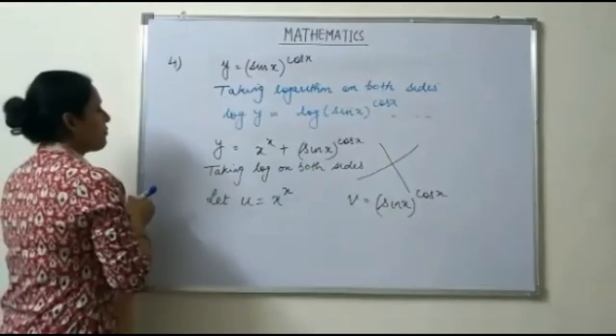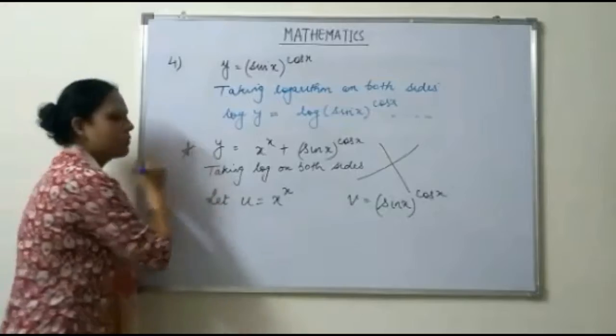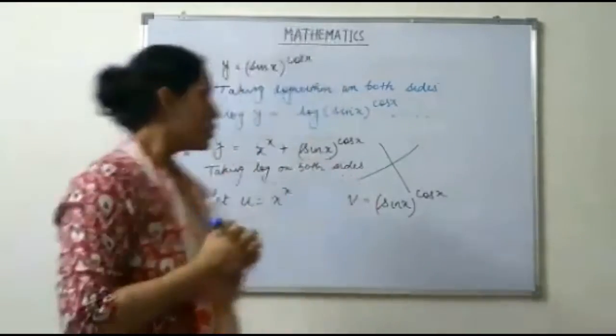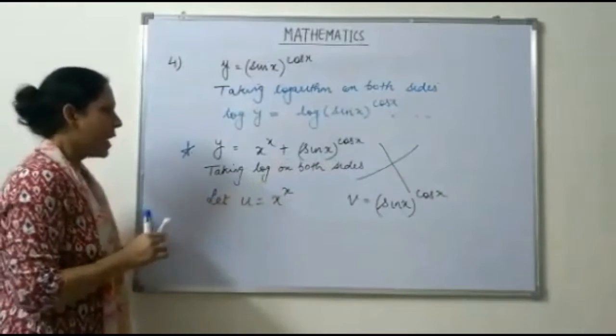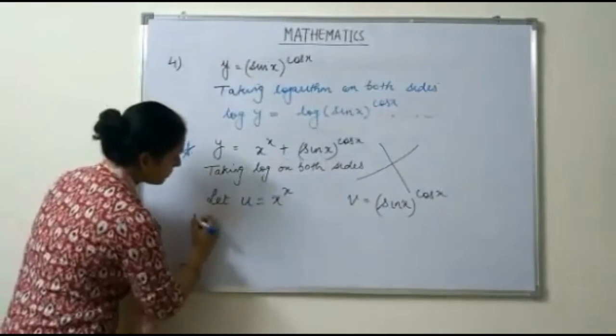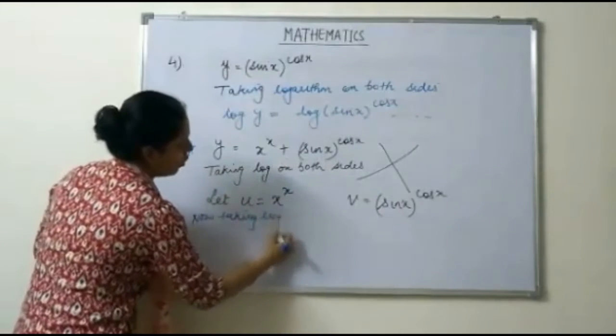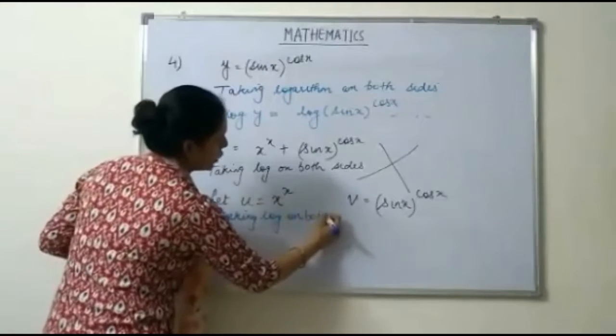And children, this is very important because logarithmic differentiation is very important from the point of view of your board exams. So please avoid this mistake, and here you will do now taking log on both sides, you will get